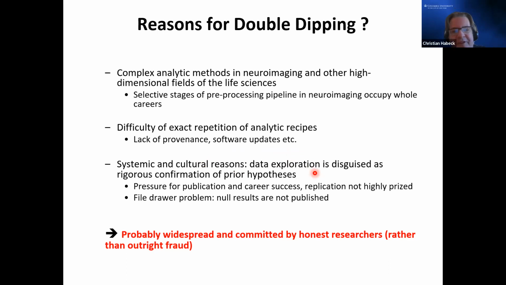It's a penchant of the field for spectacular findings, and you want things to be rigorous, right? So there's pressure for publication and career success. And then there's also the file drawer problem. That's another one where null results are not really published, although they should be, and so all of these feed into it. It's probably less often that there's widespread and committed fraud where people are really dishonest. It's probably these little nudges that push you one way, right? And it's very easy to fall in love with your own data and your own idea, right?